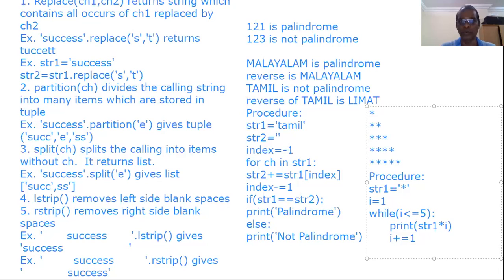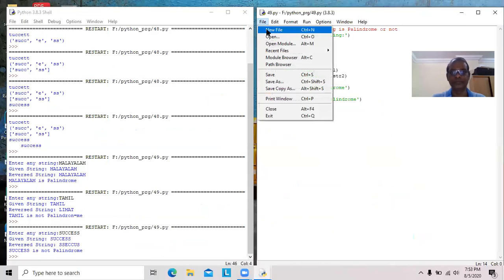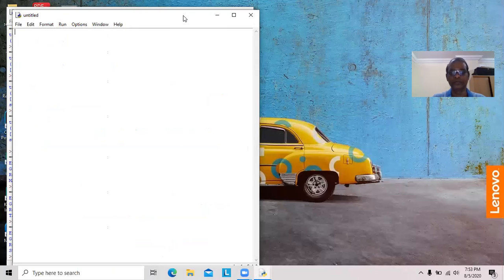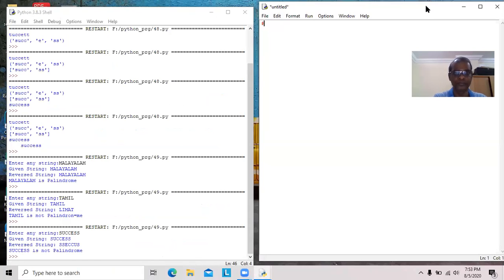Now we will see how to write the same program. Here I have to declare one variable, and that variable should be assigned with a star.